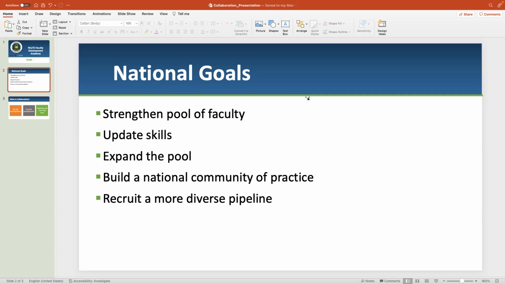The next thing we're really interested in doing is building a national community of practice. What do we mean by that? Well, the grant just started last year, and over this last year we've been building a national team of train-to-trainers. But if you're not interested in train-to-trainers, we're looking for faculty members who would be interested in helping us identify what type of content would help you in your current classes, and what type of programs would enable you to teach new and more relevant content in your cybersecurity programs.